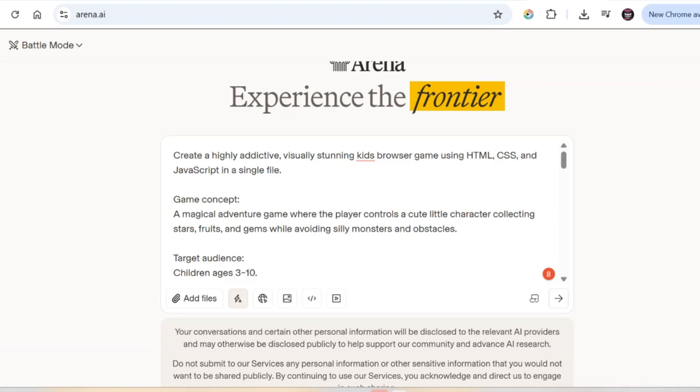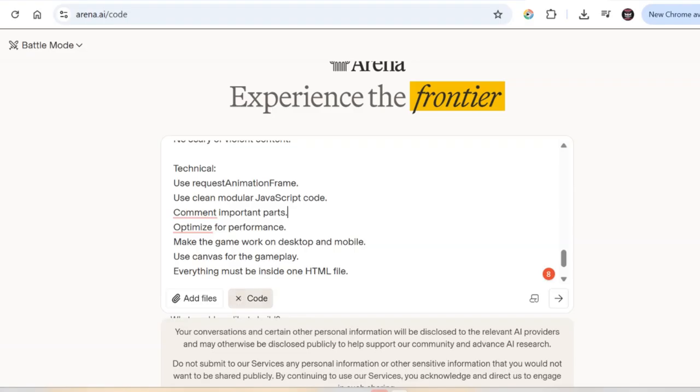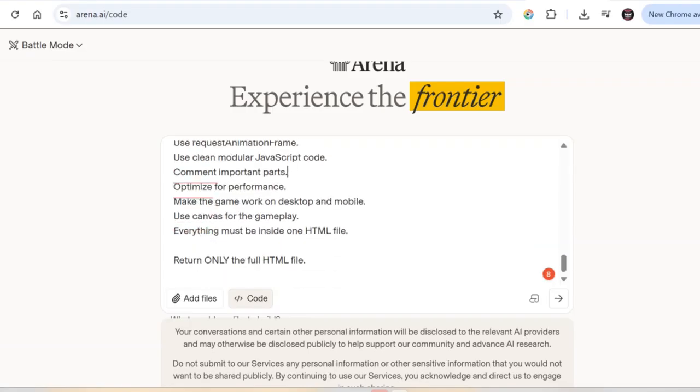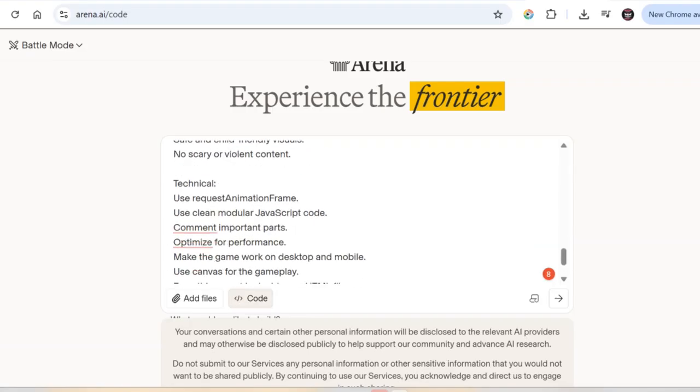So the next thing we have to do is to select the AI agent we need. To select the AI agent, when you look below here, you will see what is called Build App and Website. Make sure you turn that on, because when you do that, Arena AI will make the AI agent go into coding mode. Even there you can also use it to generate images and video, but here we are using it to build